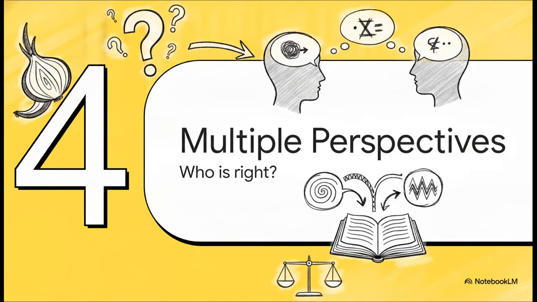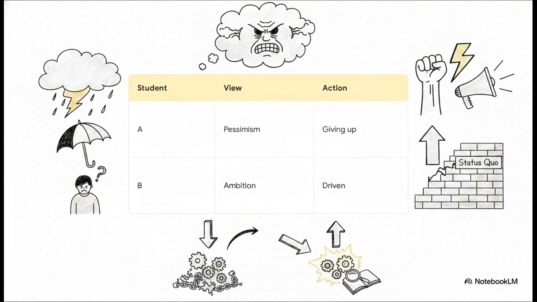Next up, part four, evaluating multiple valid perspectives. So what exactly happens when two readers look at the exact same text but find completely different hidden meanings? Take the frustration case discussed in the workshop. Imagine a text where a character is clearly frustrated. Student A might look at that and see deep pessimism. They see a character who is just totally giving up on the world. But then student B looks at that exact same frustration and views it as ambition. They see a character who is angry with the status quo and is intensely driven to improve things. Two totally opposite conclusions drawn from the exact same emotion.